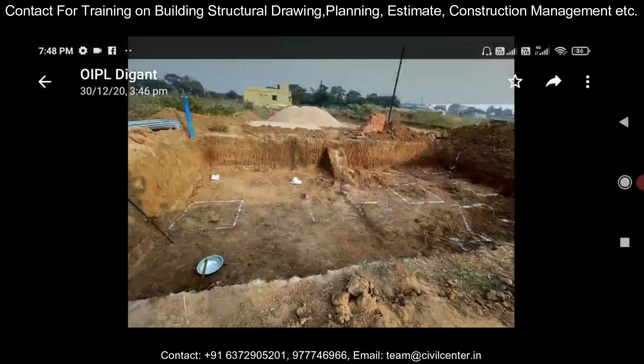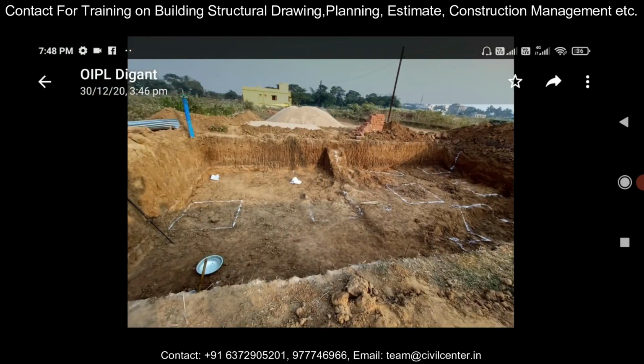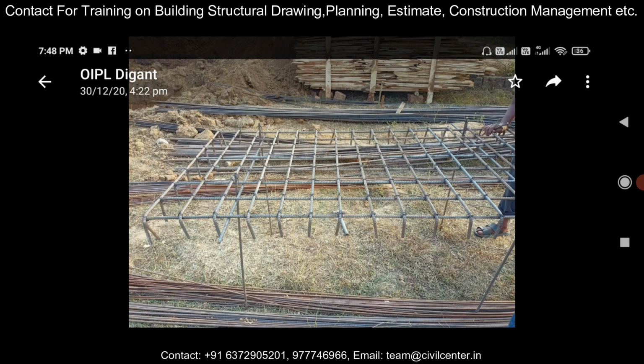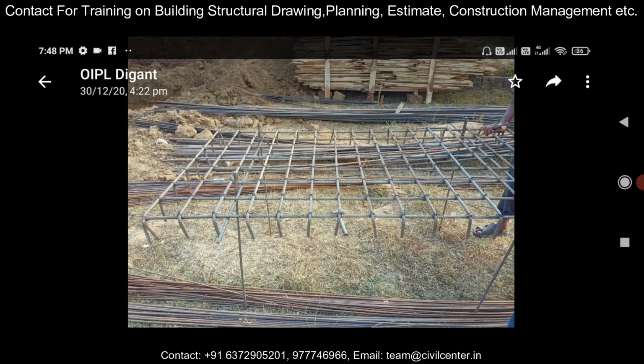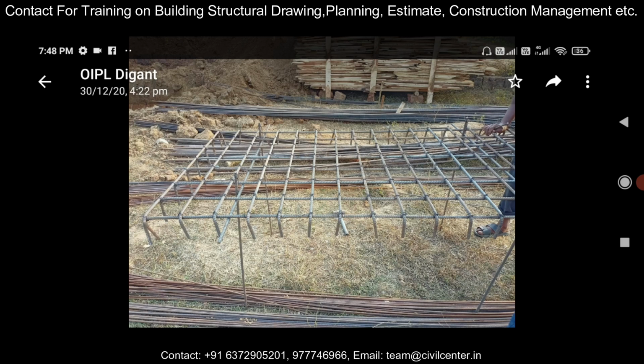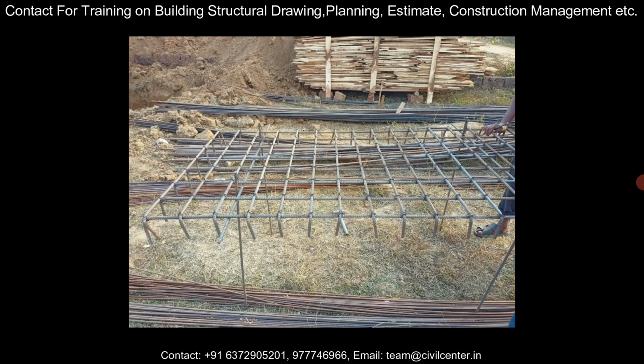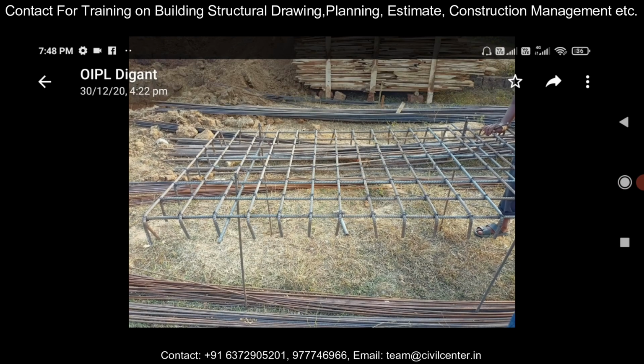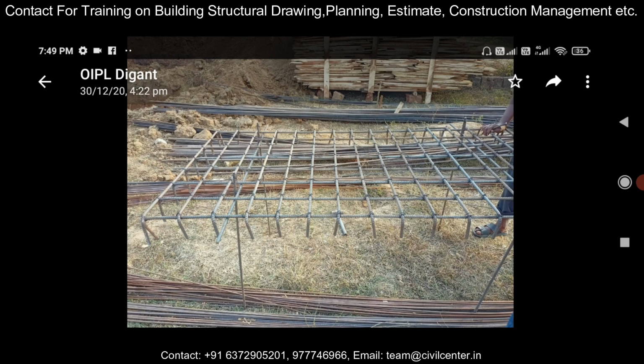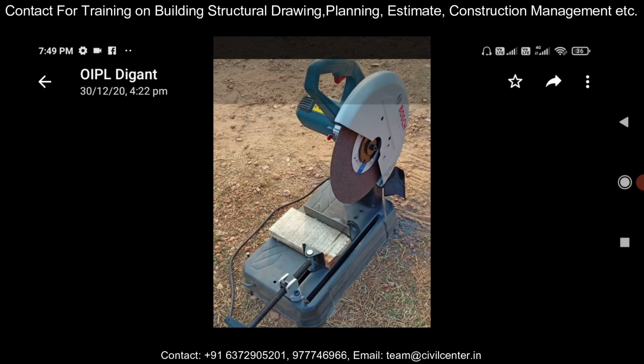After the positions of the footings are marked, they can go for the excavation. As you can see, these are all the positions of the footings, and while excavation is ongoing, they can also go for the binding of the reinforcement of the footings as well as the columns. The rod mistri, or the rod mason, can do this process while the excavation is going on. He will do that as per the structural drawings, and as you can see, this is a type of rod arrangement where a single layer of reinforcement is given. In some footings you will have a double layer, that is at the top and the bottom, but in this structural drawing only rods at the bottom have been given.